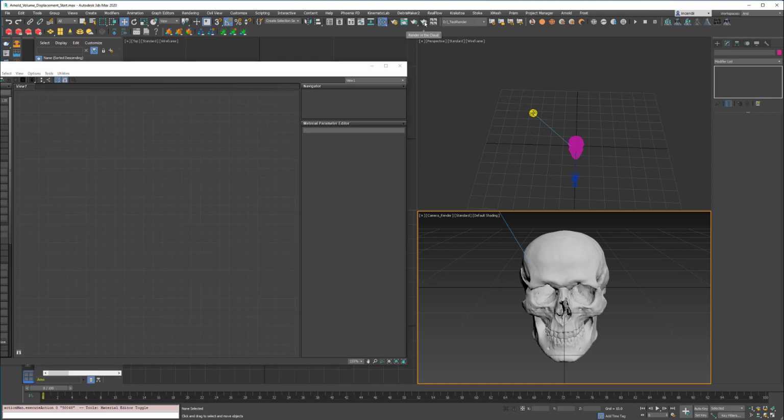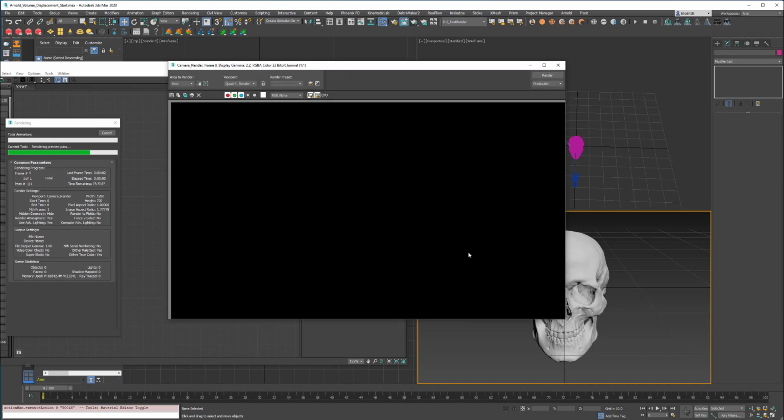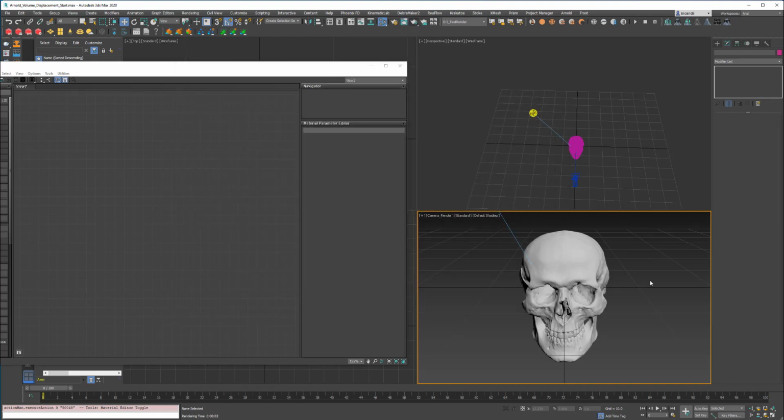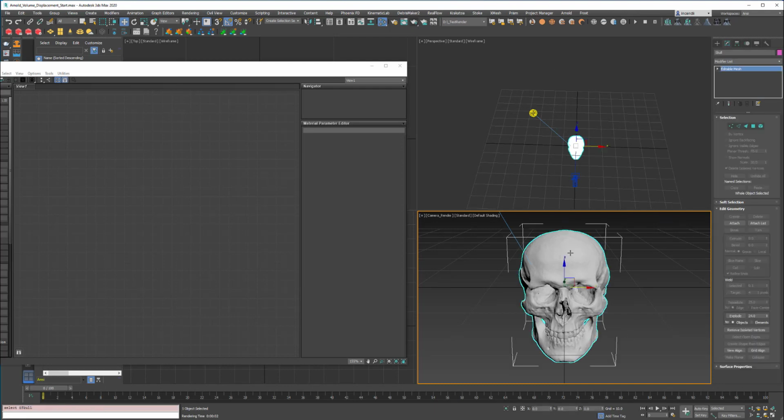Actually, we can render that real quick. And this is our skull. The light is a bit heavy, but we're going to have a volume that has light tracing through it. And obviously, the more light you have, the more translucency and that kind of look you will get. So the first thing we want to do is we're actually going to turn our skull here into an Arnold